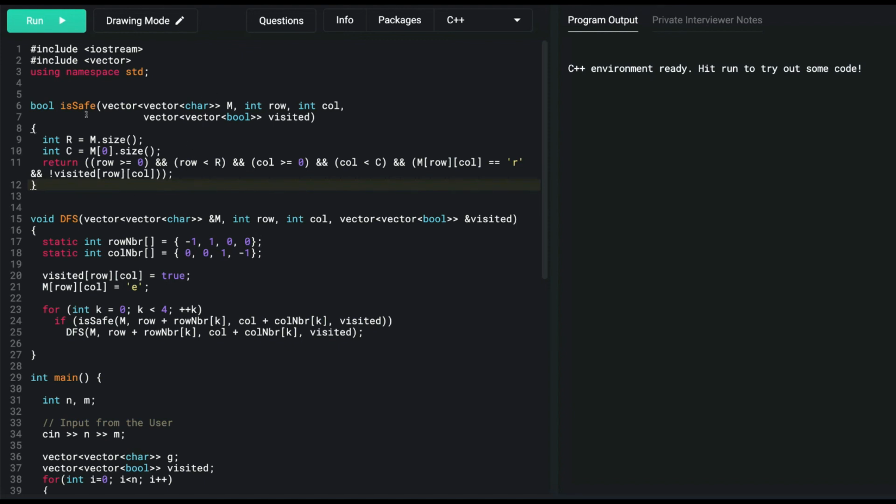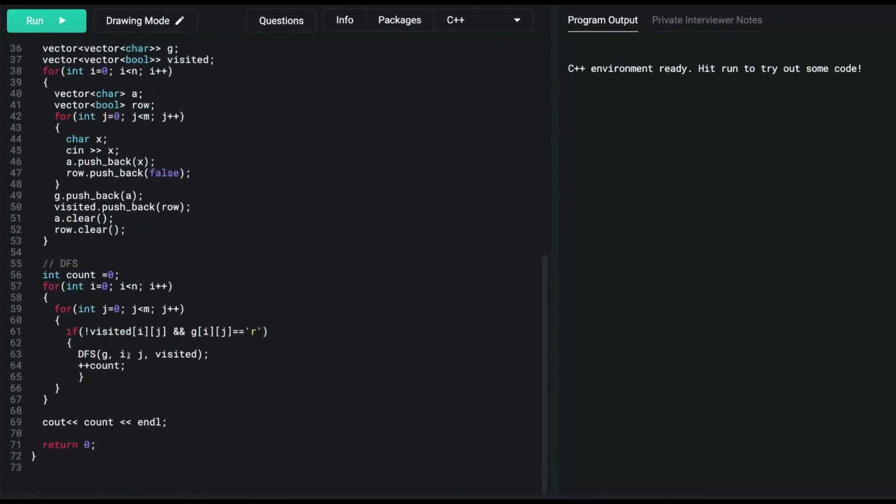If all of this is true, then we move ahead and call DFS again, otherwise we just backtrack. And if you look at main, we're just initializing count to 0 and iterating over the matrix, and if that particular cell is not visited and the cell is still R, then we call this DFS.